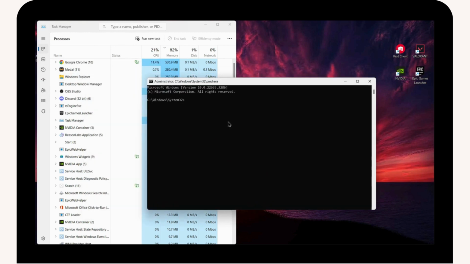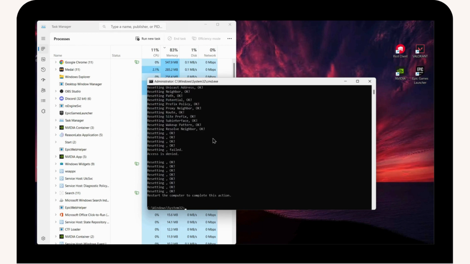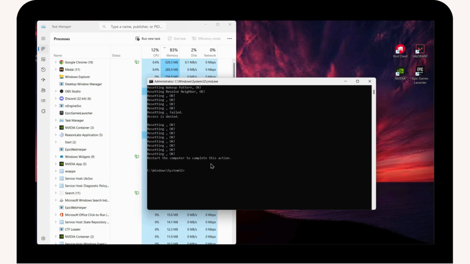So you need to enter NETSH space INT and then space IP and space reset and then space C:/ and reset log.txt and then hit enter, and once done you need to type in NETSH space